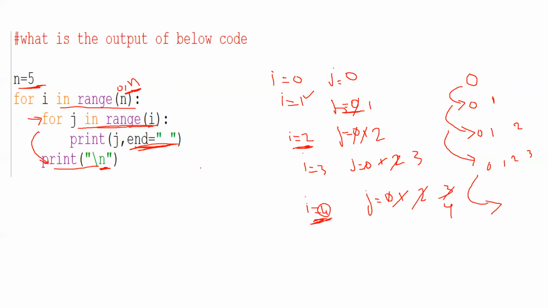Now as you can see, again I will be incremented. Now I will be 5. In that case, this condition will be failed because I is varying between 0 to n, which is nothing but 0 to 4 are the valid values of I. Now see, this is going to be our output. Like this, you need to practice. You need to trace the code to guess the output.